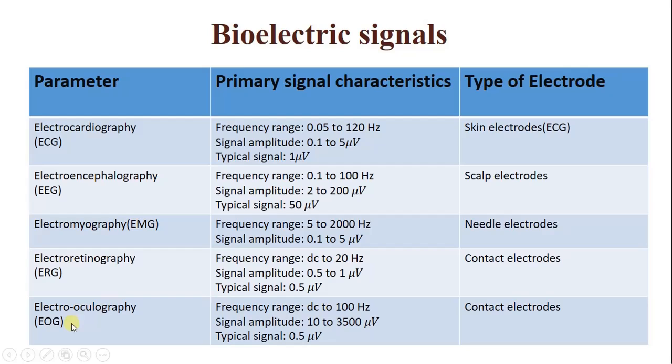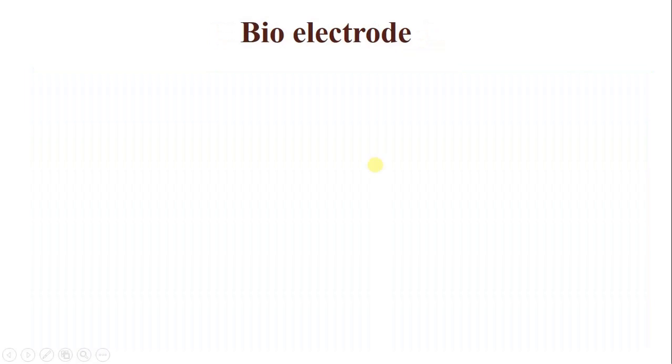We have EOG, that is electrooculography. The frequency range is from DC to 100 Hz, signal amplitude of 10 to 3500 microvolt, and the electrodes used are contact electrodes. So we saw what these bioelectric signals are and how they are generated,